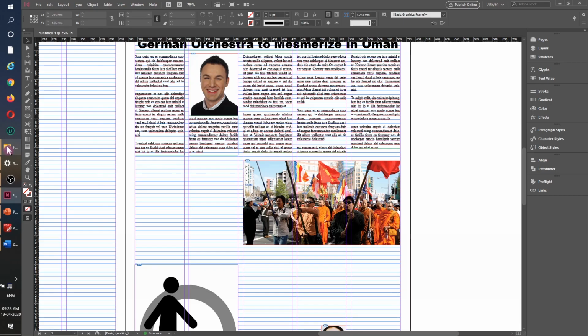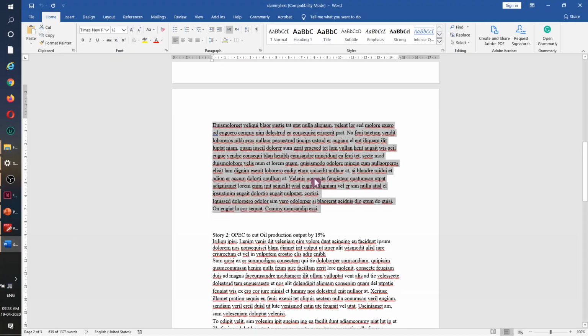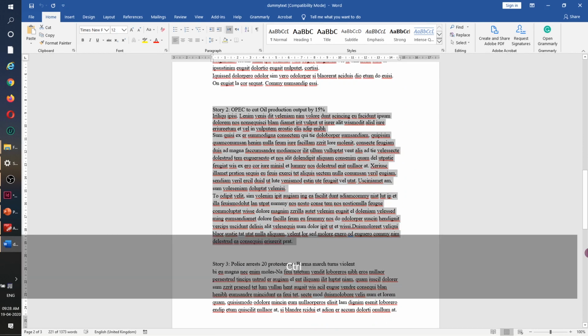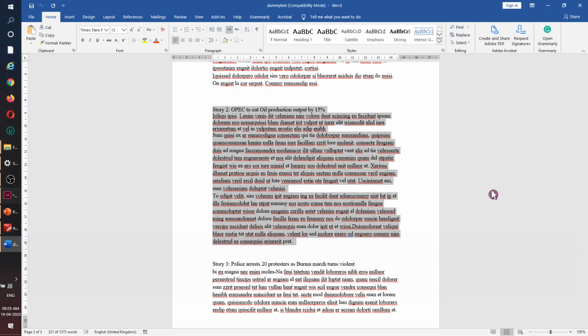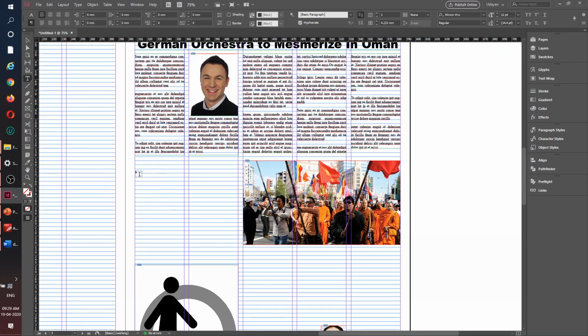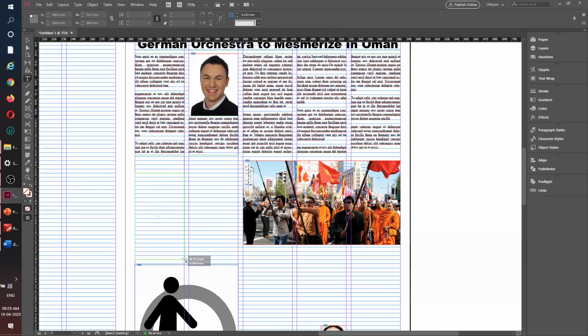I will go down to my Word file, look for the second story, and exactly the way I did the first, I will do this one also. So Control C, and in InDesign I will bring it out here, making a text box with the text tool. You know the drill. Going down to the text tool, making a text box, like so,